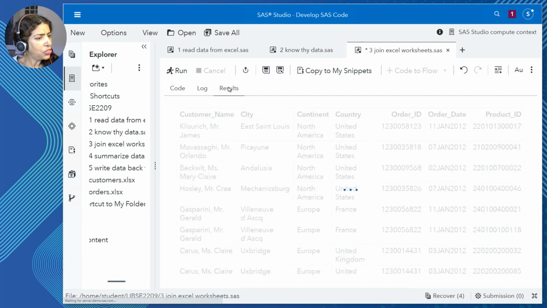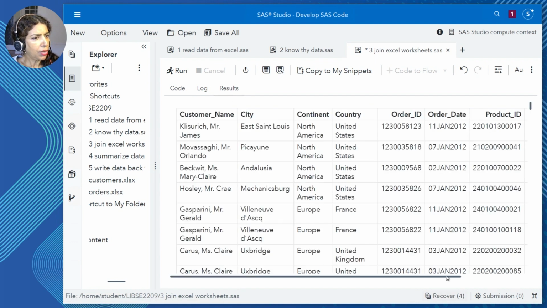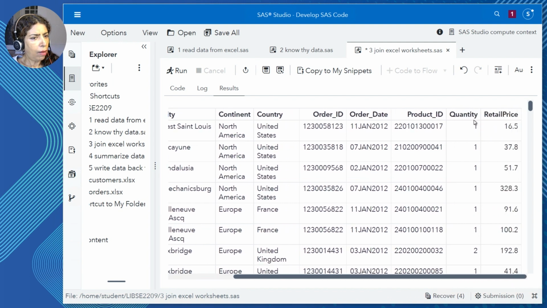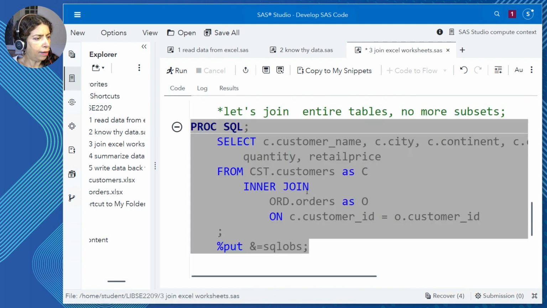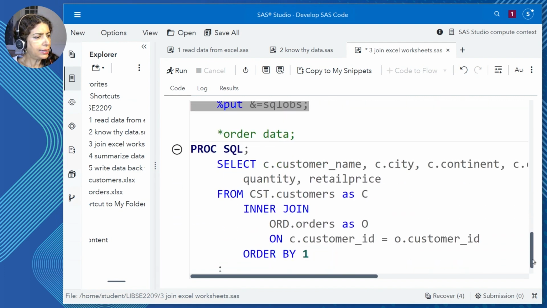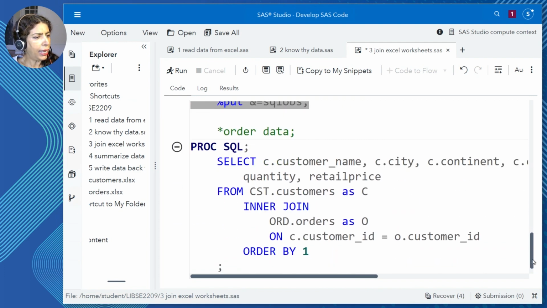However, if I look at the results, I'll notice that there are things like quantity and retail price and order date, but the data is not really ordered in a manner that's intelligent, and I want to throw in an order by. So ordering the data is as simple as sticking in the order by.